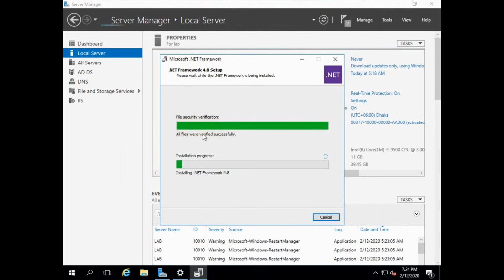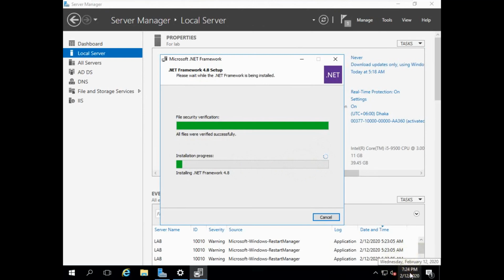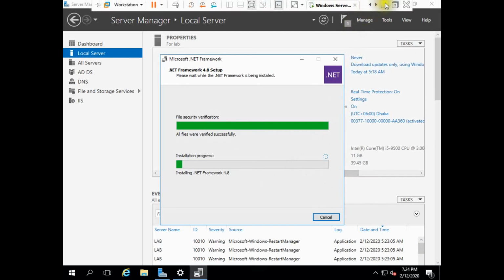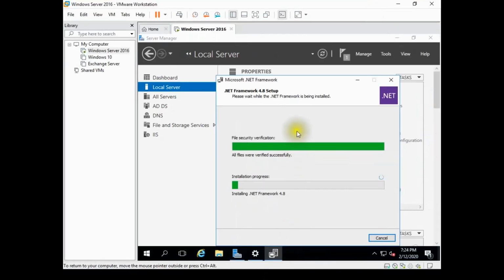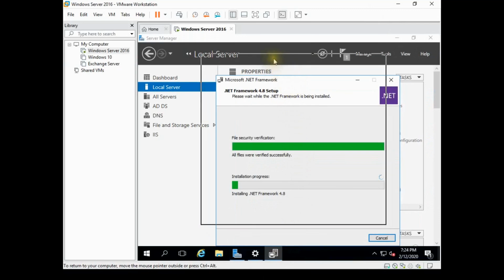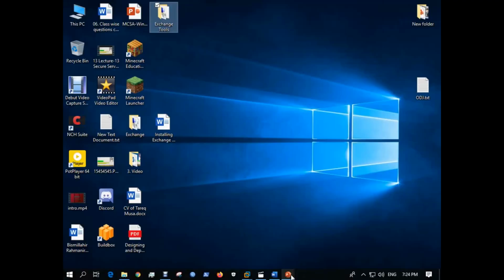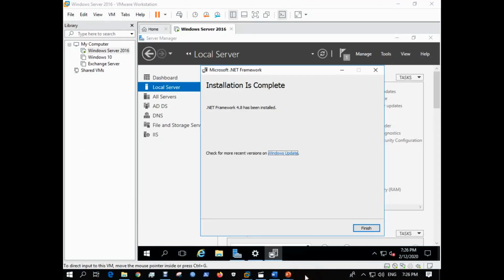We are now installing .NET Framework 4.8. It is a long process through the whole steps. Installation is complete. Click Finish.